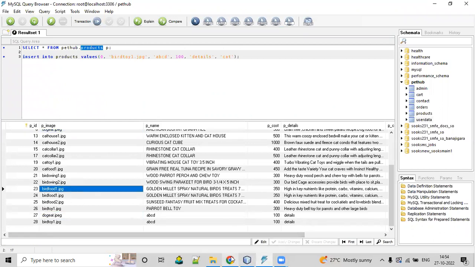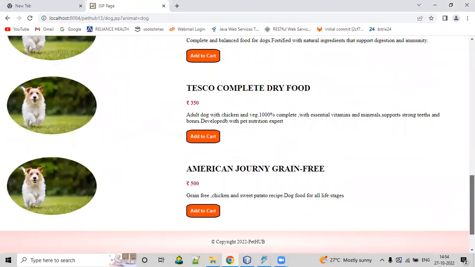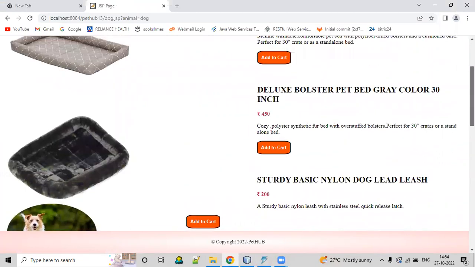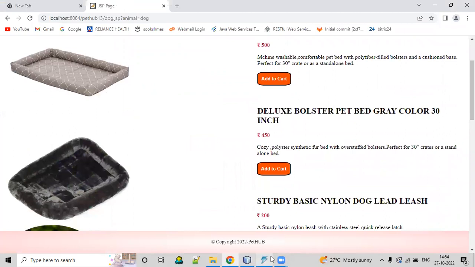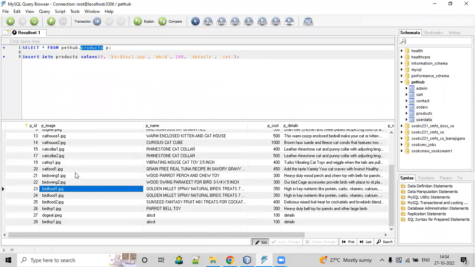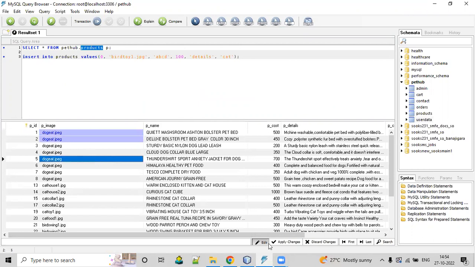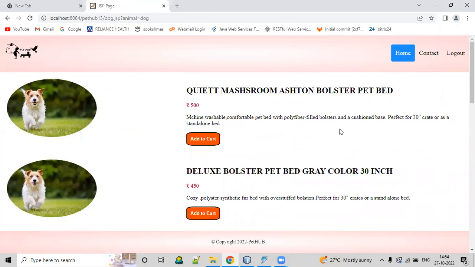Okay, I've replaced it in the database. Let me refresh. Yes, I think now it is fine. Since the images' width and height will vary, that's why it was not coming out well. So now I think it is fine. I'll replace it for this also. Just take the proper image. Yes, see,